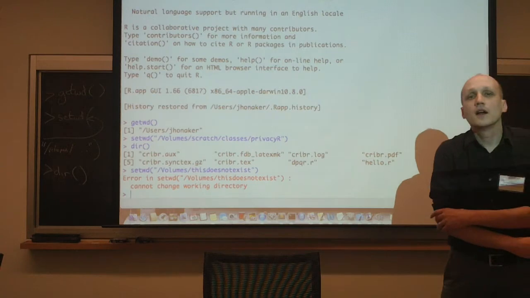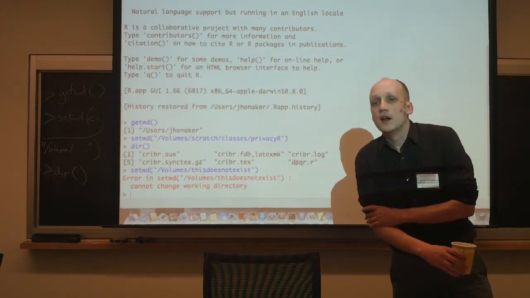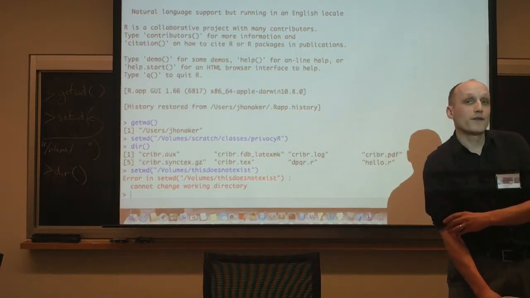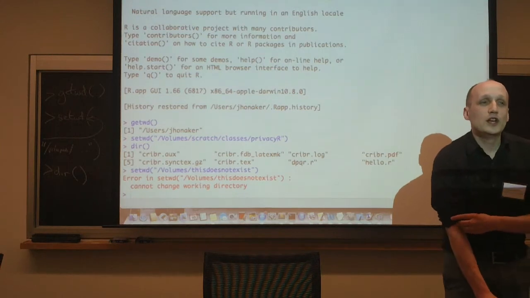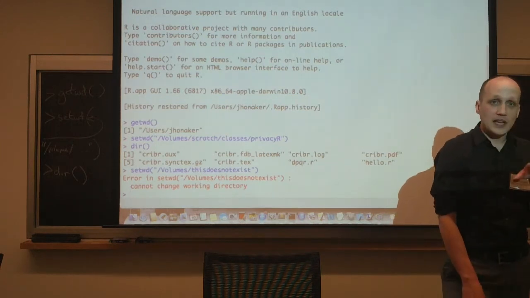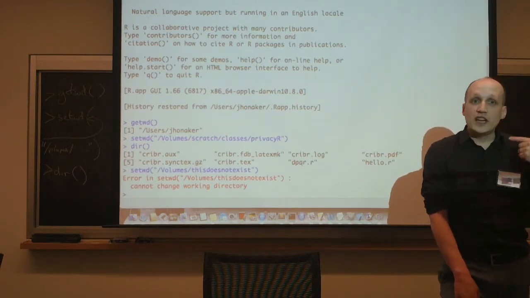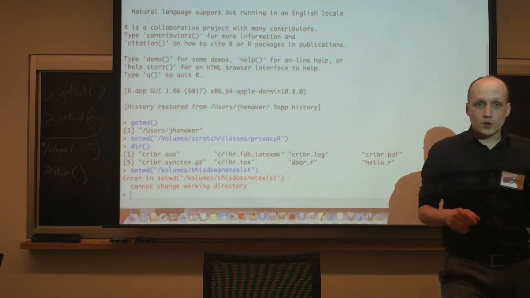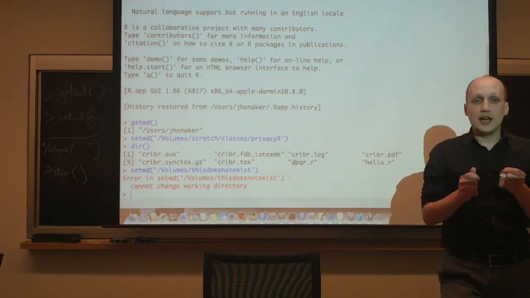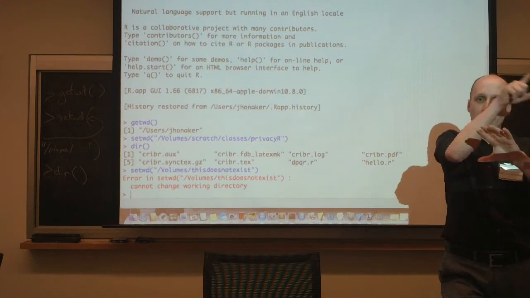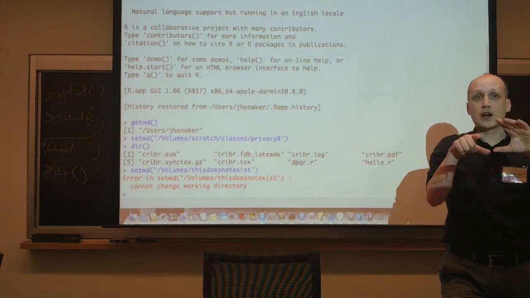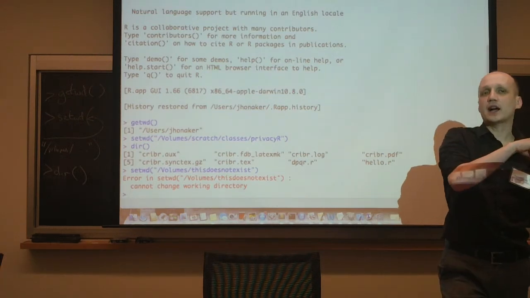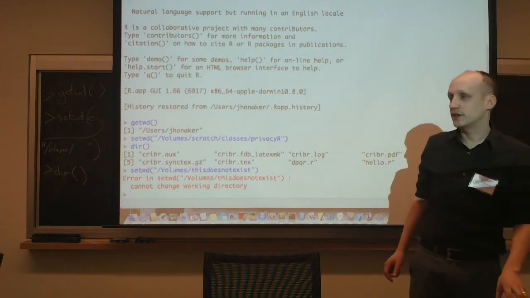Can you use a dot, like a period, to change directory from the current directory you're in? No, unfortunately. You can access files that way normally when you need to read files. So we'll see some sourcing and some reading, and you can reference things with respect to your current directory, but you can't just back up in the set working directory folder.